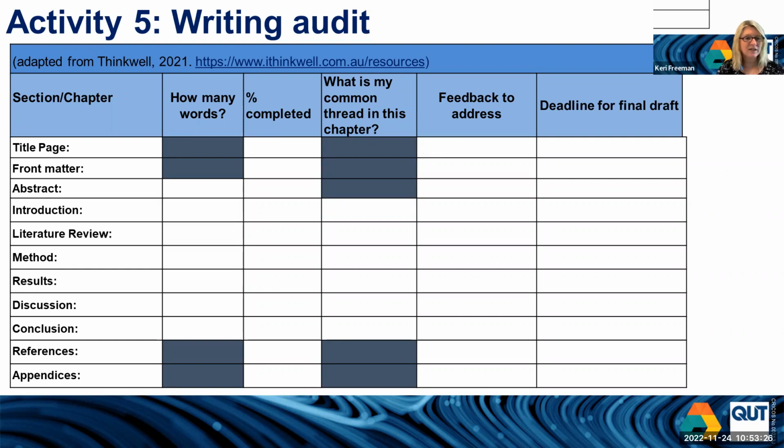Obviously different chapters will have a different focus, whether you're looking at addressing the aims, or the problem, or also the gaps. But as I said, it could be all 3. You'll also have some feedback that you'll need to address, and then thinking about your deadline. Now, adapt this to what you need. And the idea of the percentage completed is not to scare you, it's to help with your planning. So don't feel overwhelmed, but it is a really good way to work backwards to your deadlines and to how much time you need to spend.